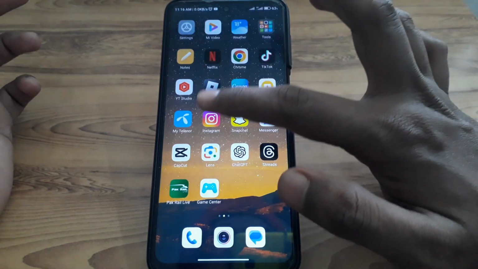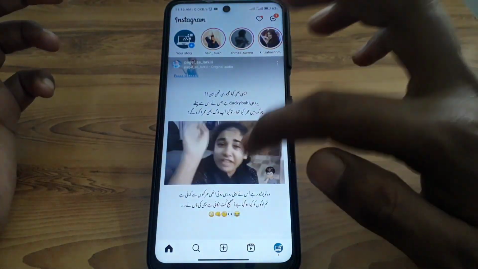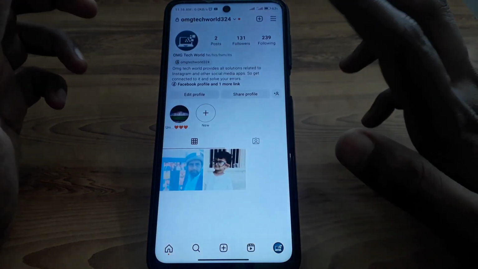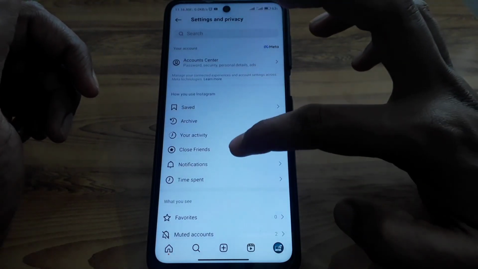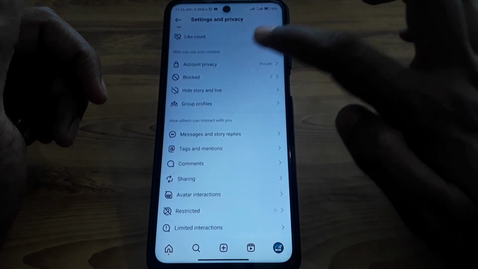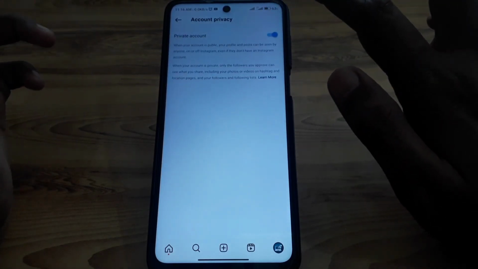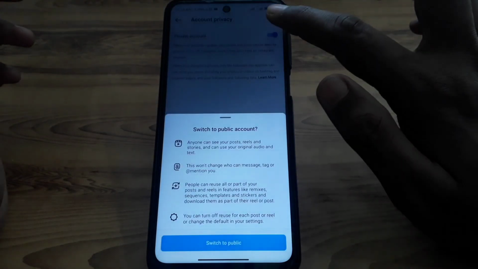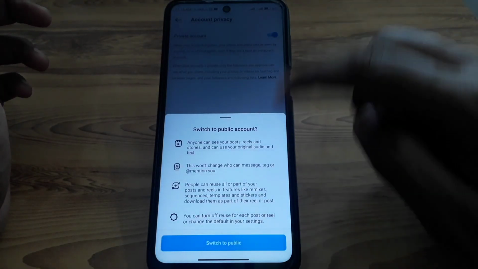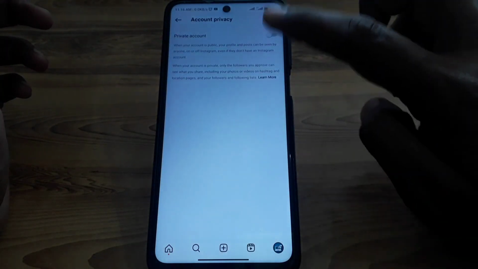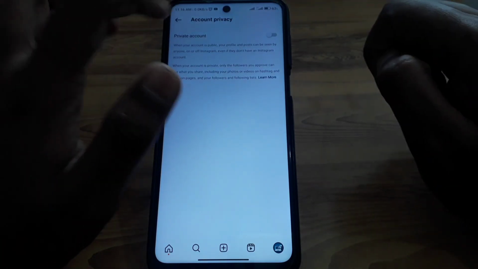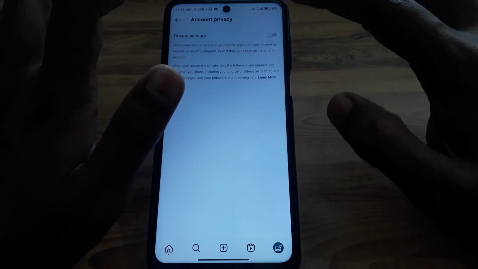First of all, you have to simply open Instagram here, and after that you have to simply click on profile here, and then click on the three lines. In the three lines you have to simply scroll down until you find the option of account privacy. Here you can simply turn on the private account, so that you can convert your account to a private account so that no one will be able to contact you without your permission,